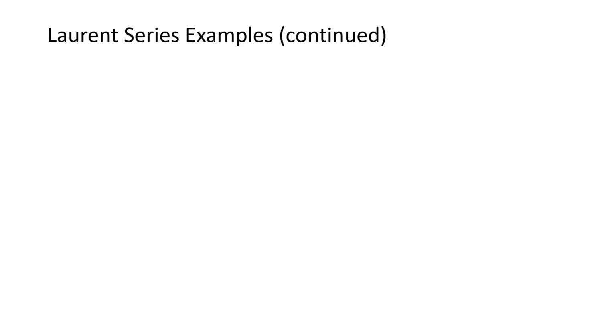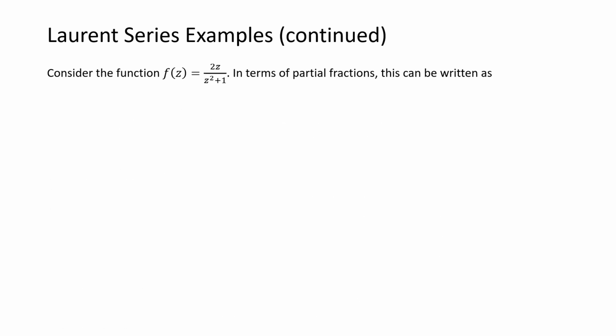Okay, let's try another example to find a Laurent series. We have the function f of z equals 2z over z squared plus 1. Note that z squared plus 1 can be factored as z plus i times z minus i. So we can write our function here